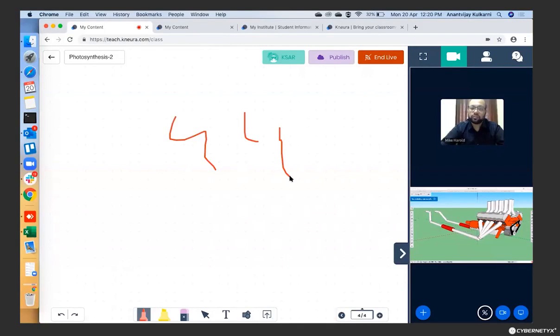So yeah, this kind of thing is not available in any solution presently available in the market. This is a totally unique solution, launched only by Cybernetics, to enable canvas sharing as well as screen sharing, video sharing, and audio sharing all together in a single go and on a single platform.